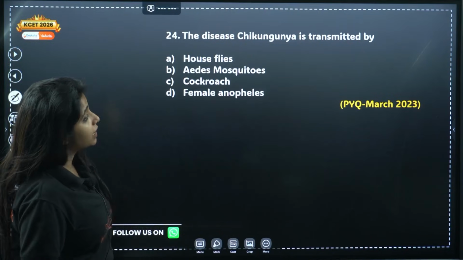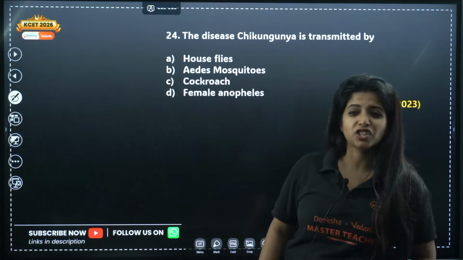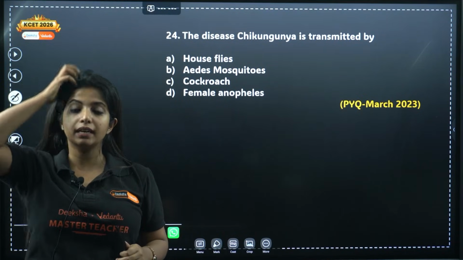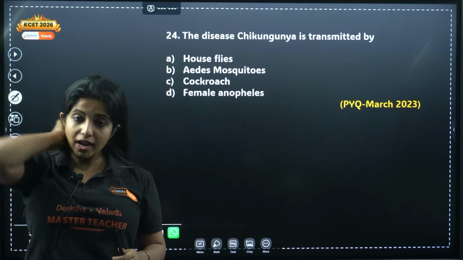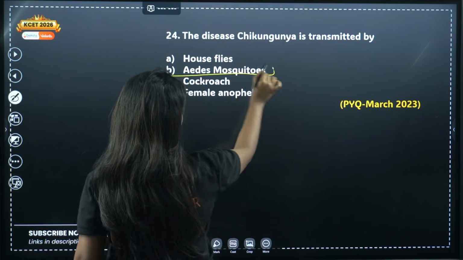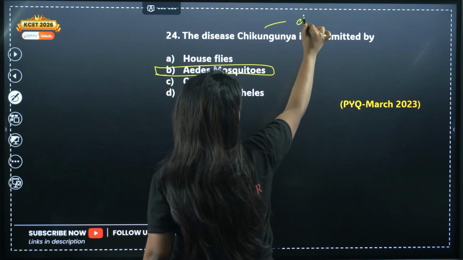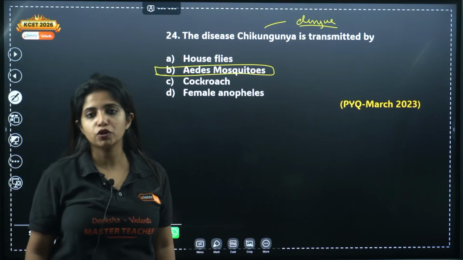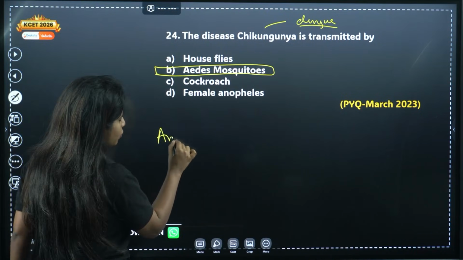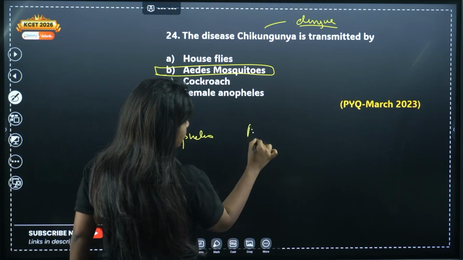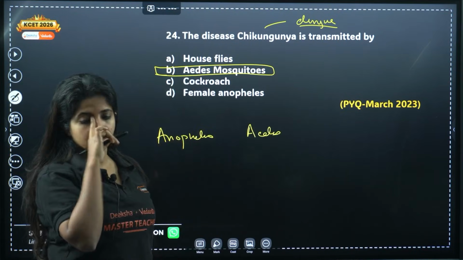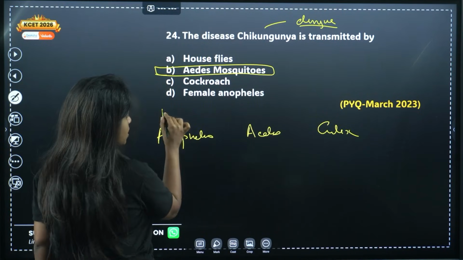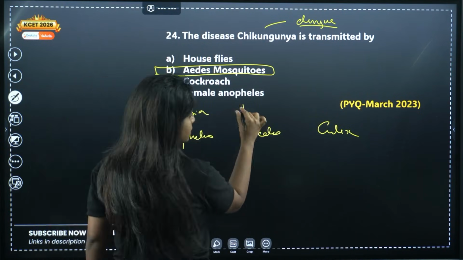The disease chikungunya is transmitted by... Ma'am, we studied all the diseases, but chikungunya, when did it come? So chikungunya, my dear children, is a viral disease. It is transferred with the help of the Aedes mosquito. It's not just chikungunya but also dengue. Dengue is also caused because of the bite of the Aedes mosquito. So you have three mosquitoes to remember. One is Anopheles, this is Aedes, and the third one is Culex. All of them females. Male mosquitoes do not take our blood. So this causes malaria. This causes dengue and chikungunya,